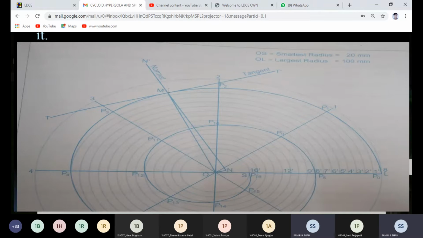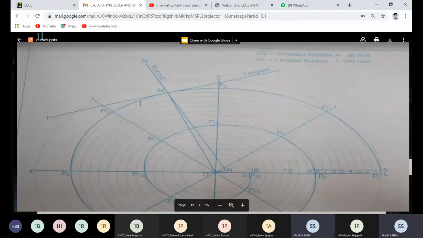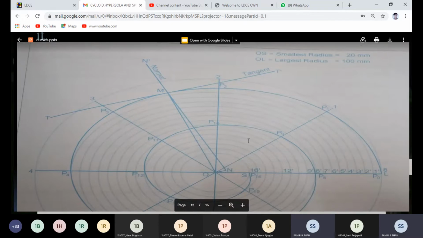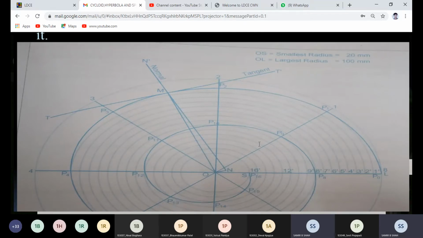I repeat one time how we create ON dash. Initially take a random point M on the circle, join with O. Now we have to find N, which depends on how many revolutions there are. Okay, and what is the difference in the length? It is 80 mm, so 80 divided by 2 revolutions, which is 4 pi in radian, so 80 divided by 4 pi is equal to 6.39, 6.36. It may be near to 6.5, which is very easy for us.